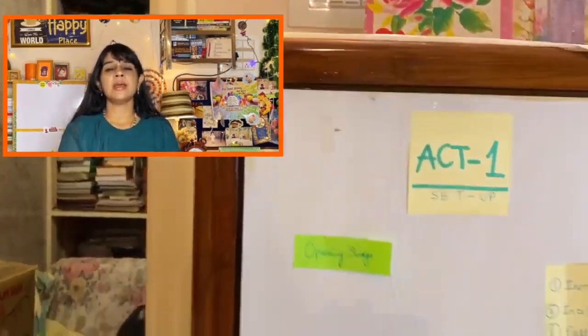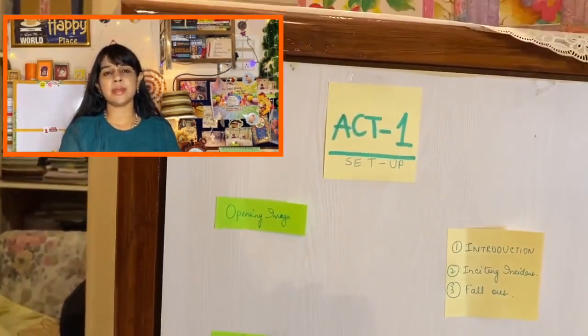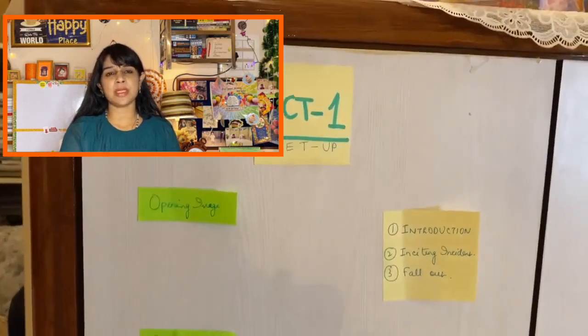With the Act 1. The Act 1 represents actually the setup. And what are the beats that are covered in Act 1? They are, first of all, we have an opening image. An opening image is actually the first image that you have to represent or show to your